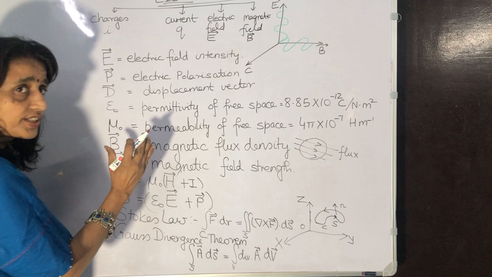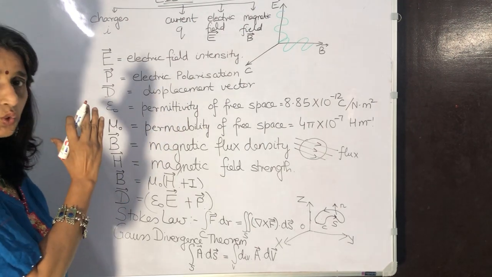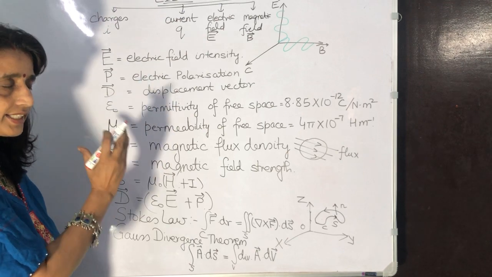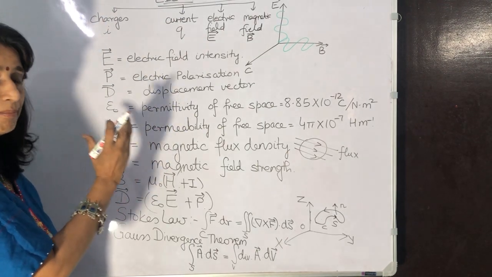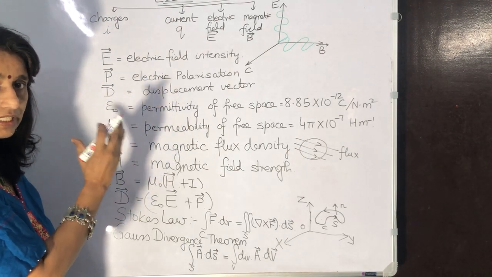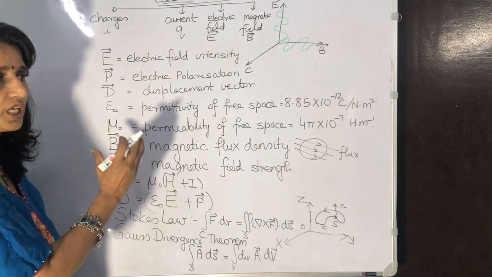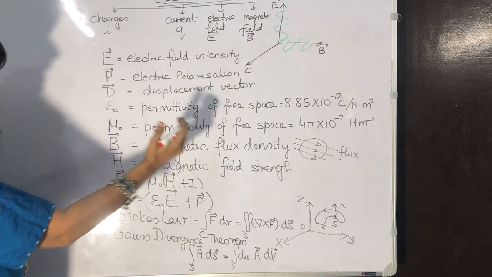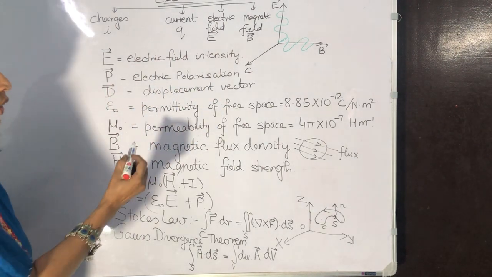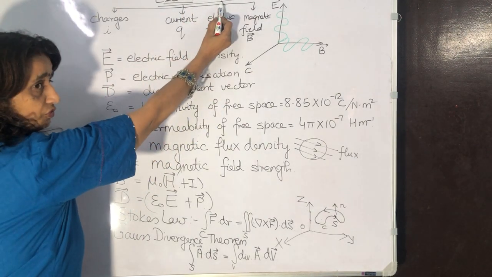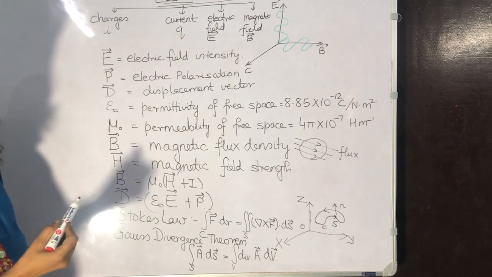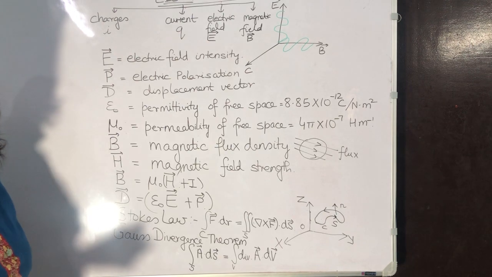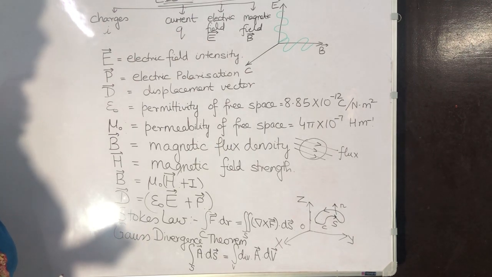So electricity concepts, that is Coulomb's law, charges, currents, etc., plus magnetic field concepts like magnetic lines of force are closed curves, magnetic lines of force start from the north pole and end at the south pole, etc. We will combine both of them to produce electricity, and the terms which we are going to deal with in electromagnetism